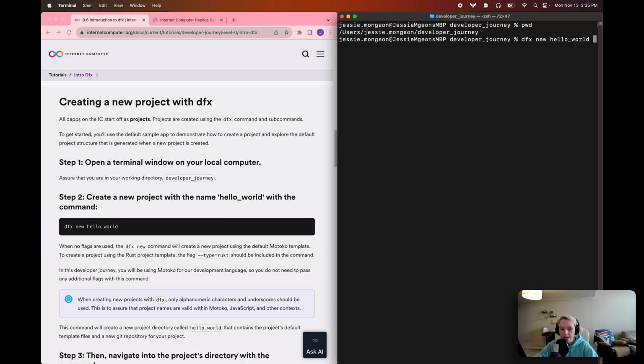Now, if we wanted to create a Rust project instead, we could use the flag Rust after our project name, and that would then use the default Rust project template. But this developer journey is going to focus on Motoko development, and a future developer journey will focus on Rust development. So for this tutorial specifically, we are going to just use this dfx new followed by the hello world project name command, and then we are not going to specify any other flags because we want the default Motoko